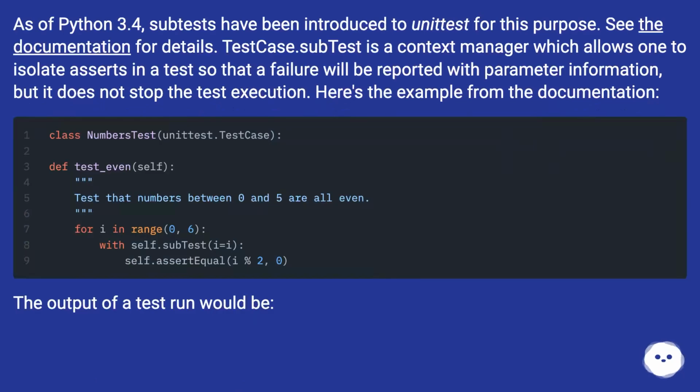As of Python 3.4, subtests have been introduced to unittest for this purpose. See the documentation for details. TestCase.subTest is a context manager which allows one to isolate asserts in a test so that a failure will be reported with parameter information, but it does not stop the test execution. Here's the example from the documentation. The output of a test run would be